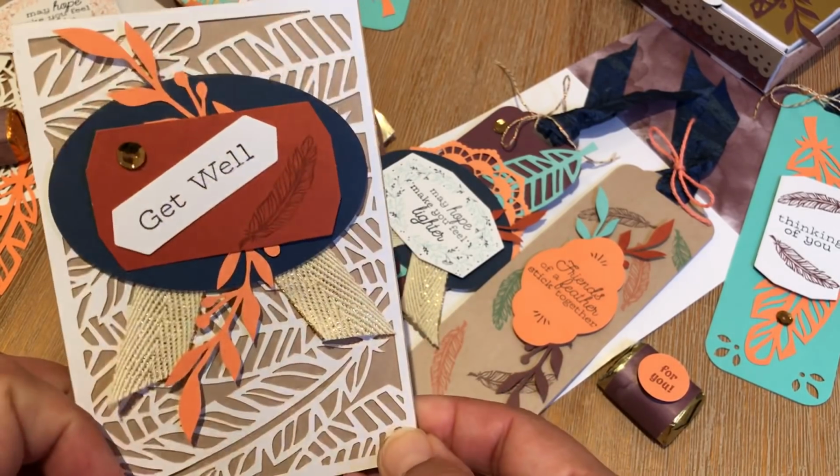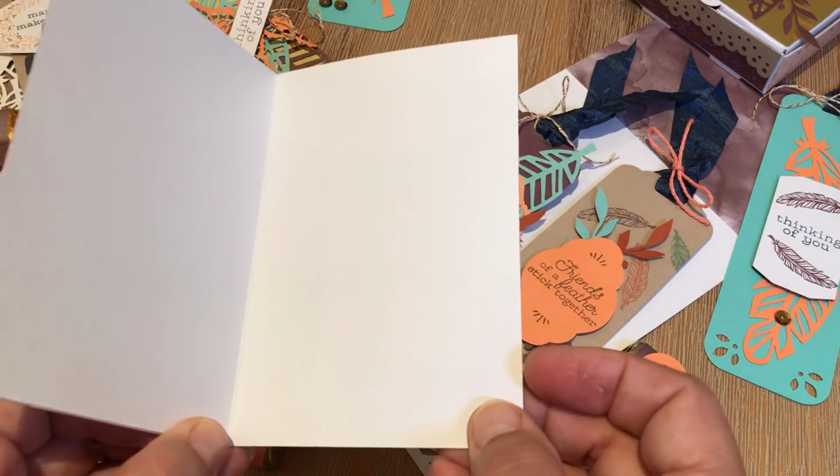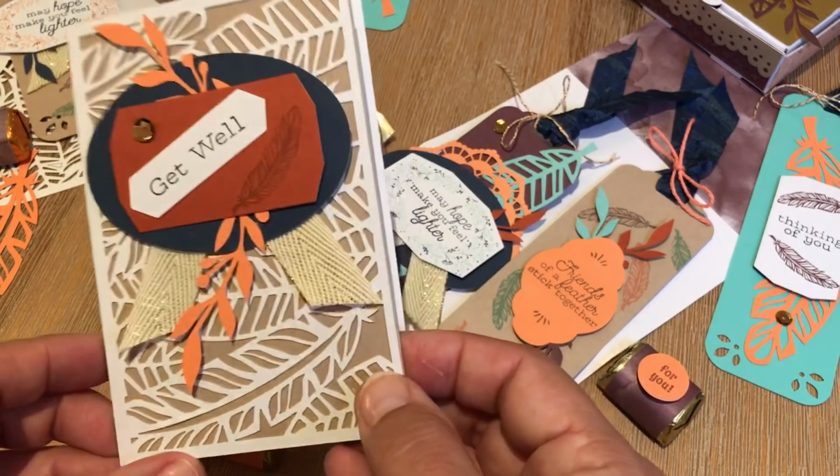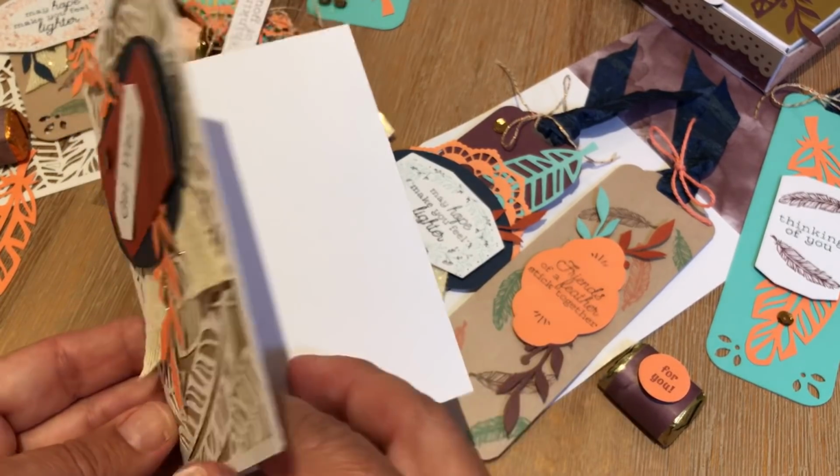And then I'm showing you these this morning here. Okay, so there you go. So you have the regular card base. I just cut the front of the one card off, and now you have...